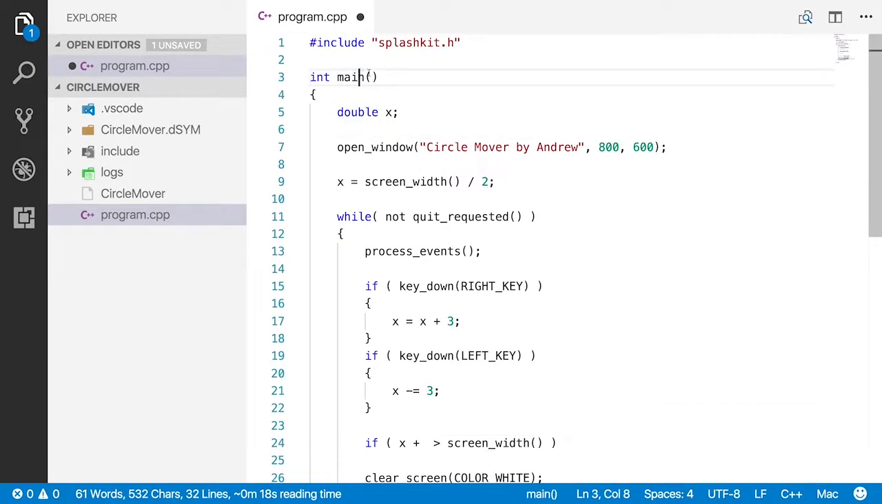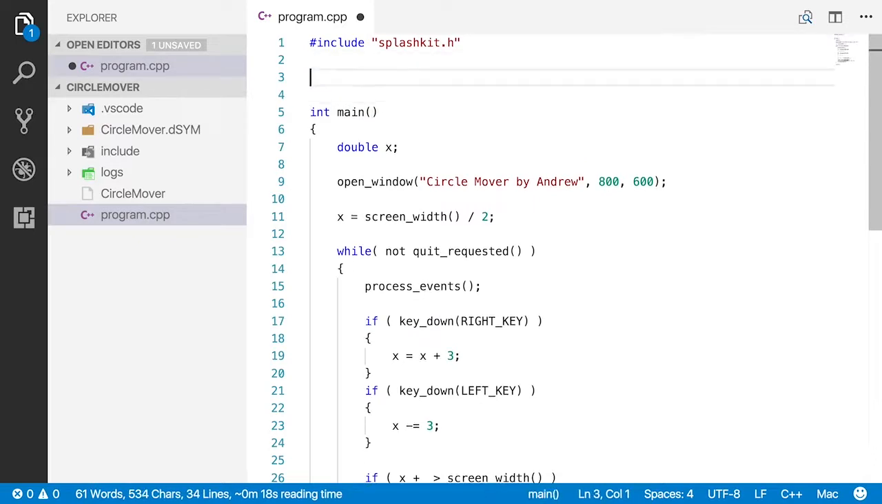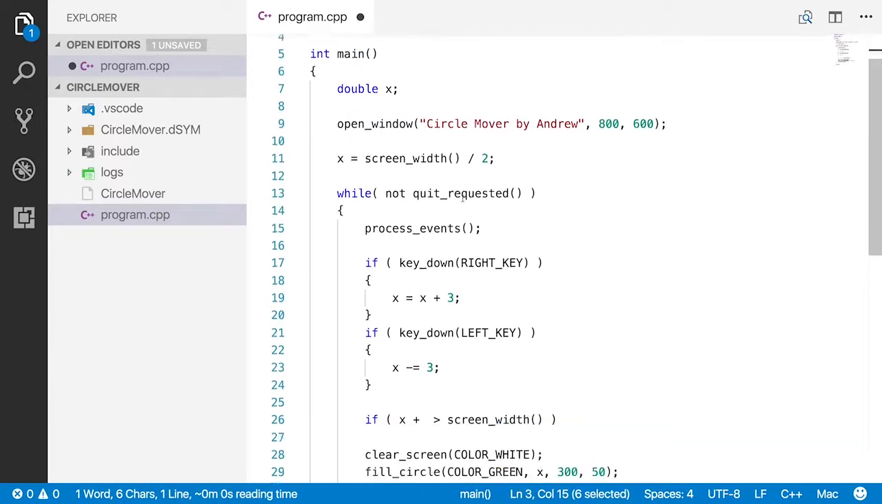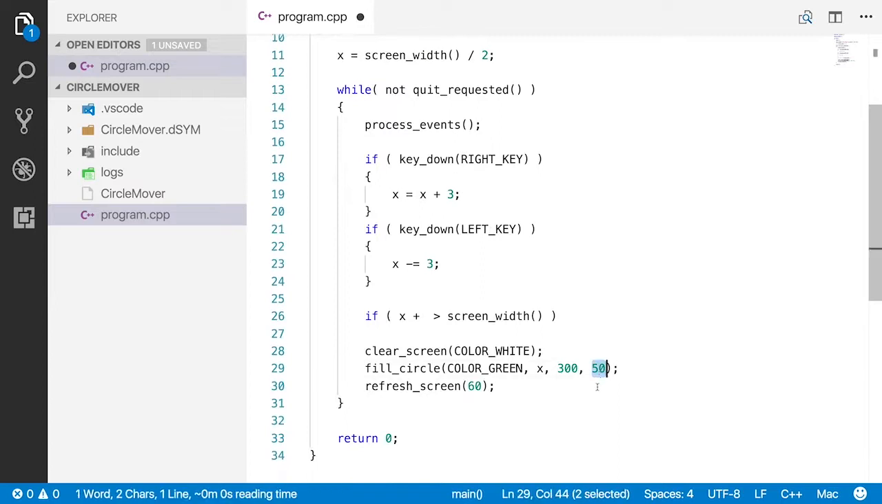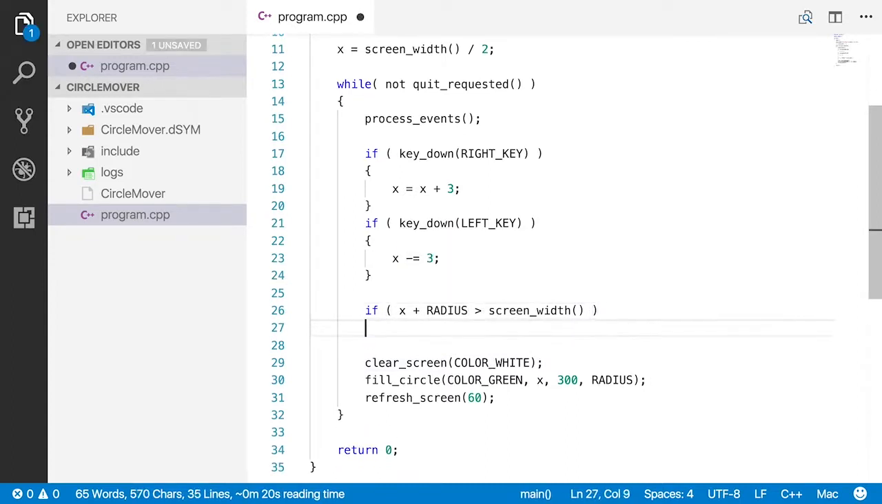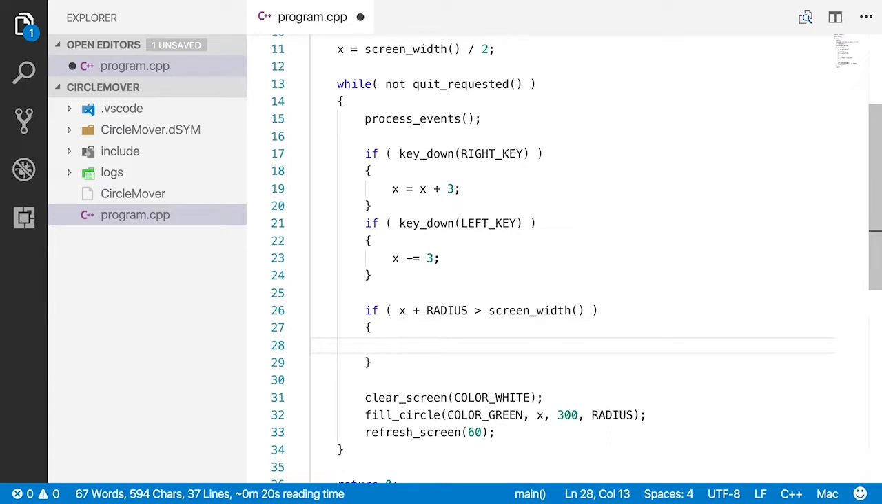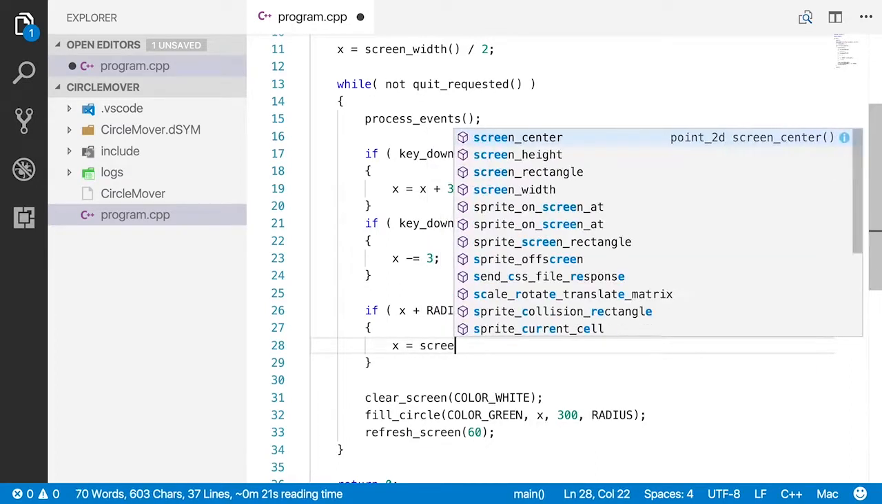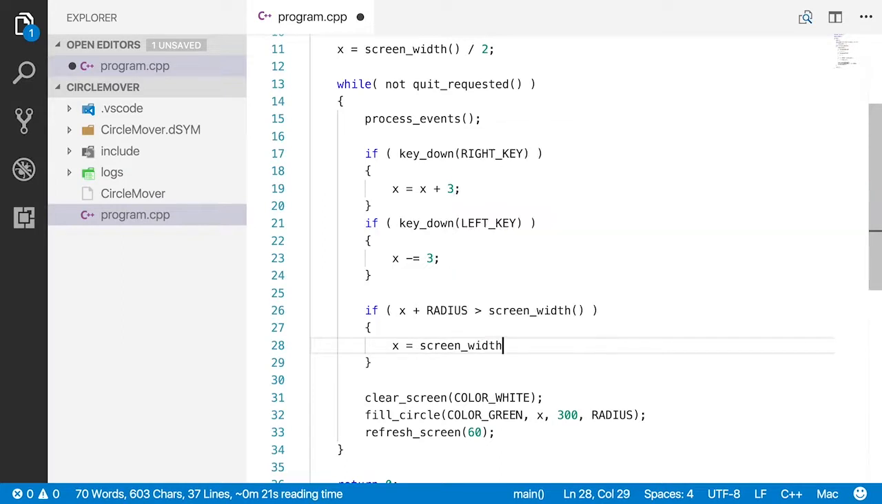Why don't I define a constant for that? So the way we can do that, hash define radius 50. And that way I can change the radius quite easily. So down here I can say that's actually radius, and here I want x plus whatever radius is. So if x plus radius is larger than the screen width, we've gone off the screen to the right hand side. So we want to make x equal to the screen width